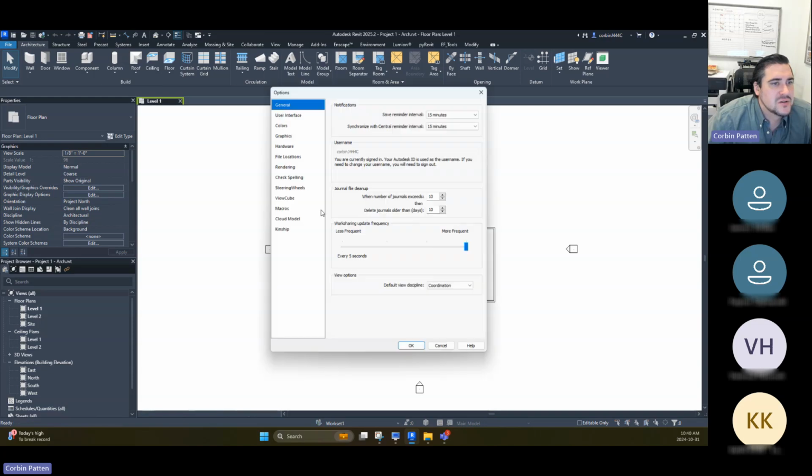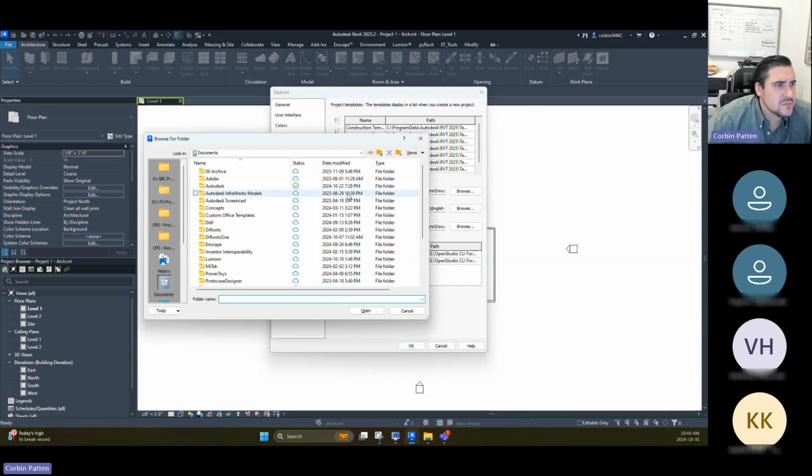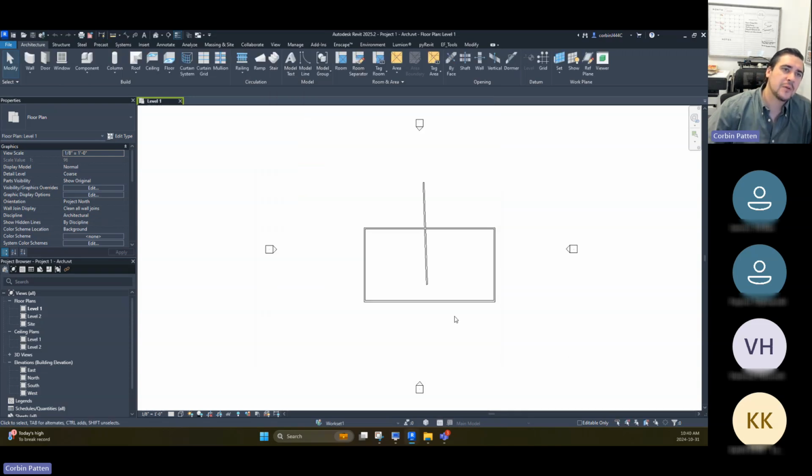If we go to options, we go to file locations, default path for user files. So it's putting them in my documents folder here. I don't see it in there. Sweet. Yeah, so I actually don't think it's a problem that you're not creating a new local file, because the